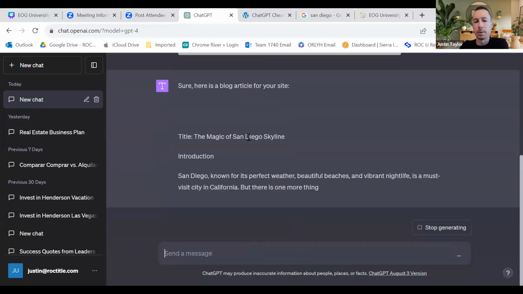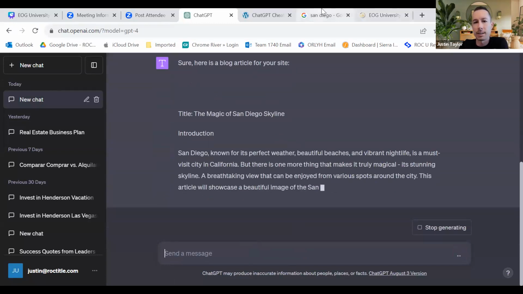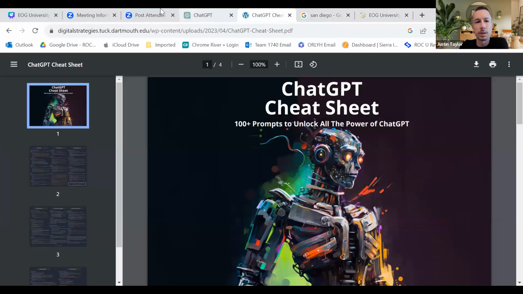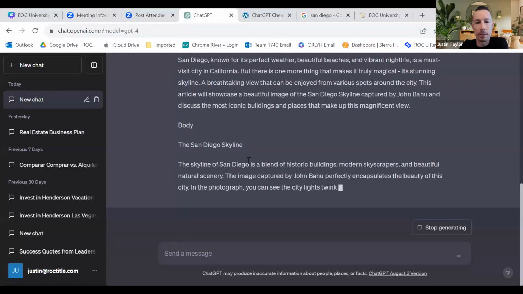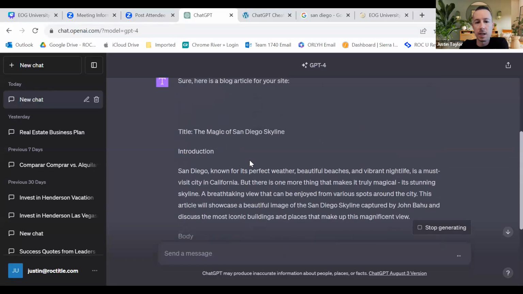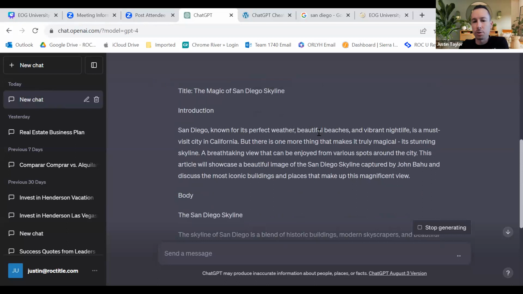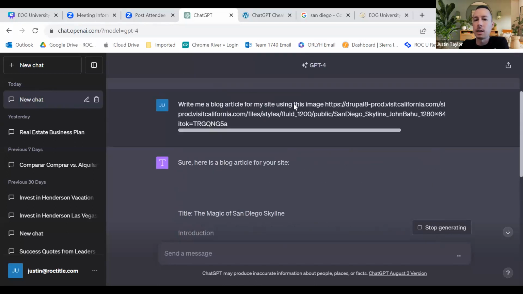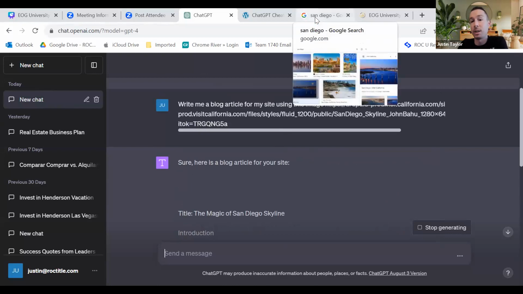Okay, so there's no text in the image, right? Just a photo of San Diego. It's using its technology. It's giving us an intro, why San Diego is great. Okay, so my point of showing you this is if you needed to include an image, or let's say maybe